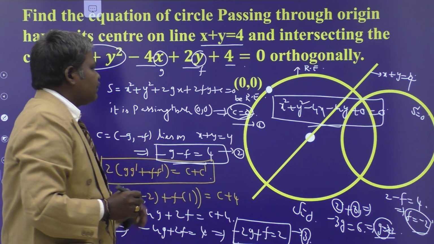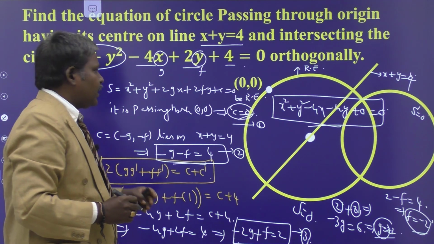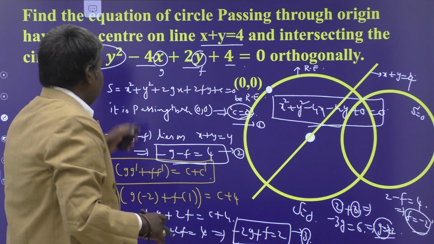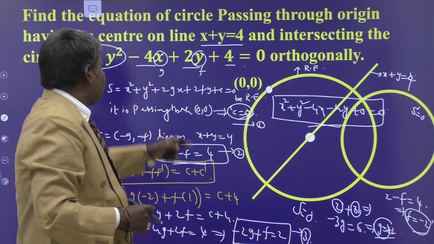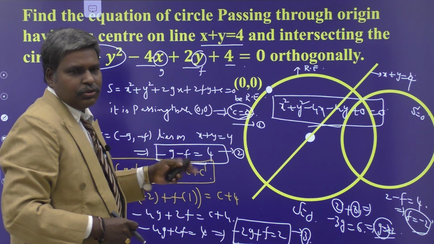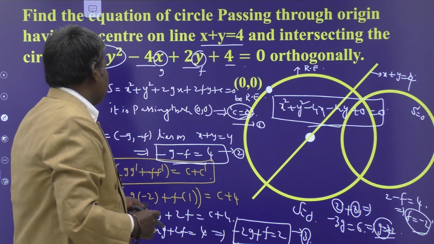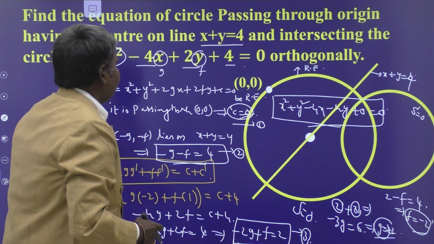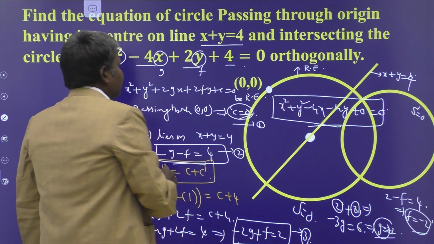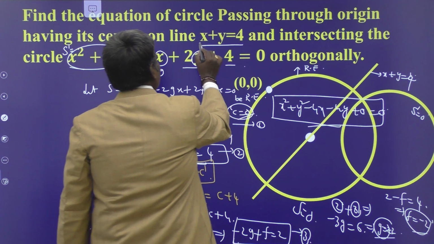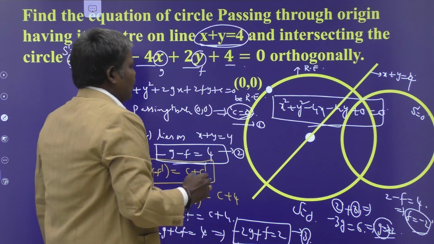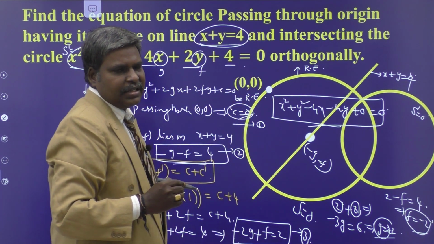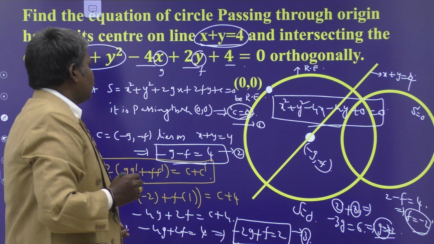So everything is easy, but when you are doing the calculation, you have to pay very important attention. Your attention is very important. So first of all, you have to eliminate c. From the question itself, the c is 0, so no need to worry here. C equal to 0 obtained, and apply the orthogonal condition, and center lies on x plus y equal to 4. Instead of minus g minus f, some of the students may write g comma f hurriedly. So you have to write minus g comma minus f in this equation, because the center of the standard equation of a circle is minus g comma minus f. Understand? See the next one.